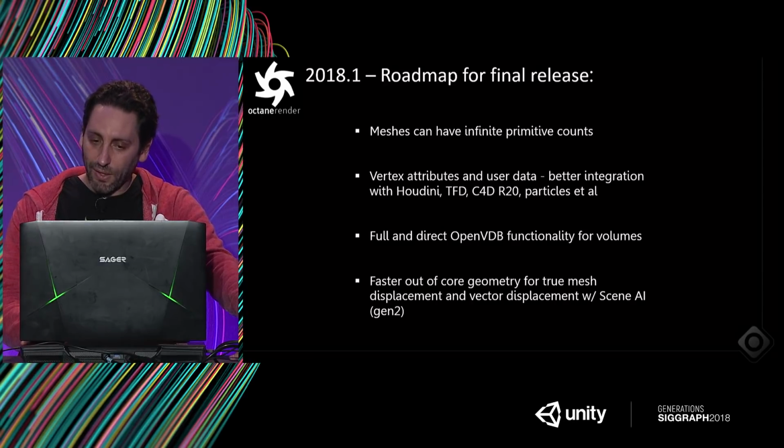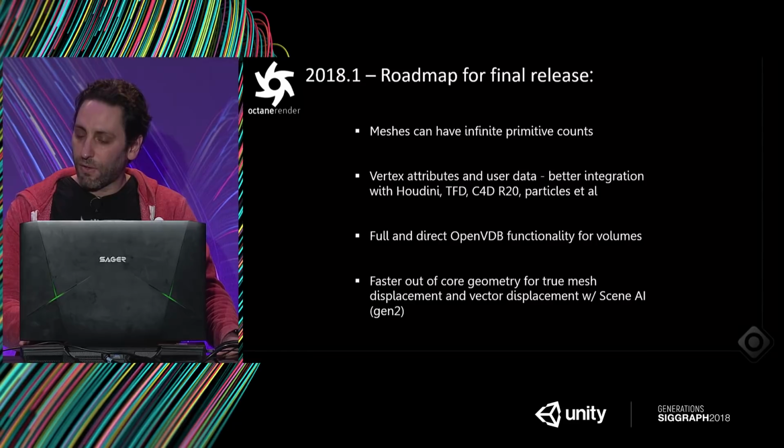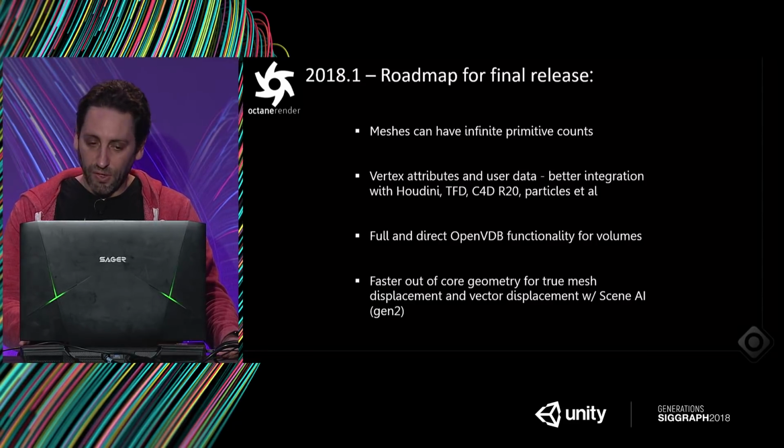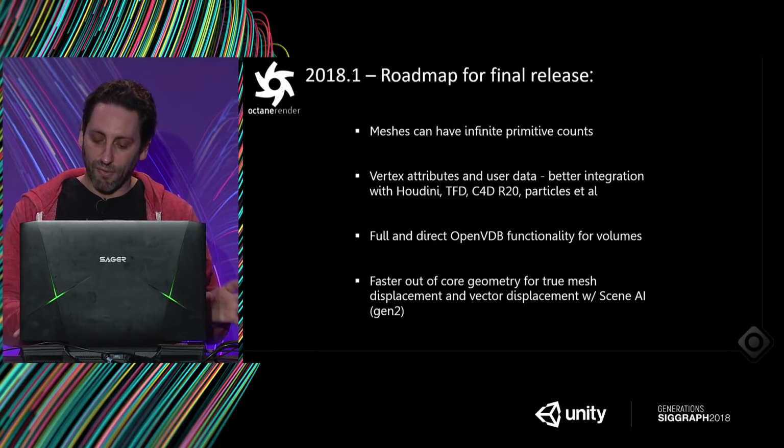The other thing that we're adding to both Vectron and also just to meshes is the ability to have vertex attributes, vertex attributed user data that you can use, and that's important just for workflows that connect back to Cinema 4D and Houdini. And if there are any Cinema 4D users here, there's a lot of really cool stuff in Cinema 4D Release 20 with OpenVDB. So the core engine itself in Octane will expose everything so that the Cinema 4D plugin and other integrations can